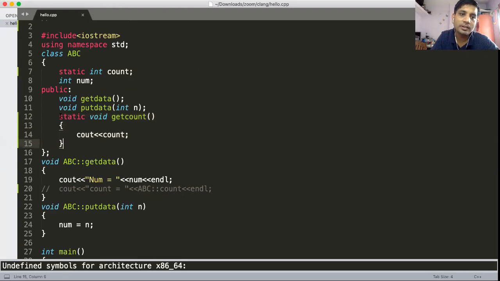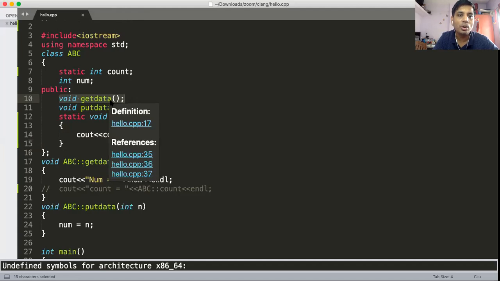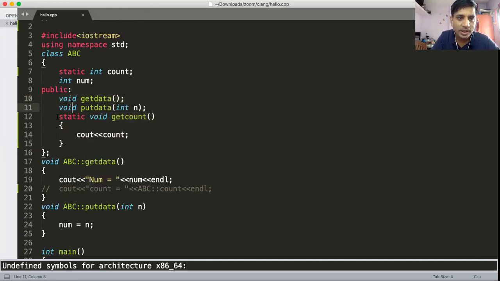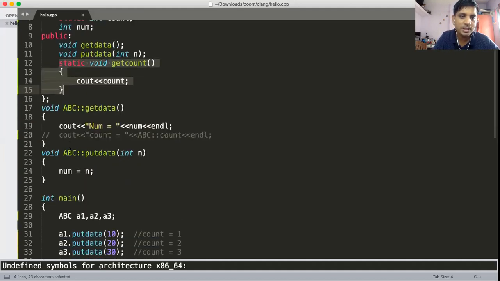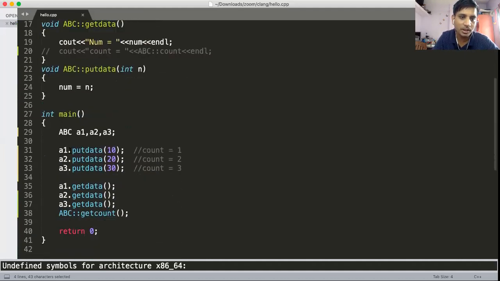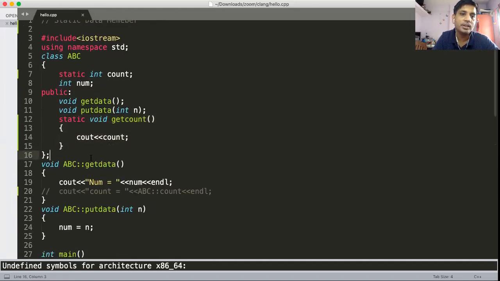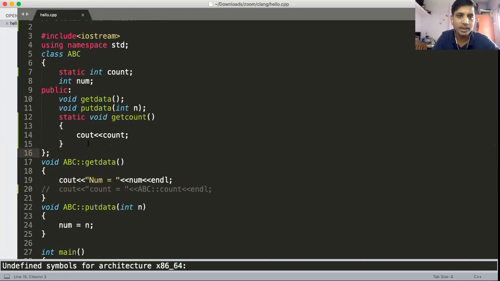If you are trying to access that static member in a non-static function, then it will produce an error. So what is the problem here? Actually, there must be some silly mistake. I need to diagnose here, but the same topic I can revise in the next upcoming class.